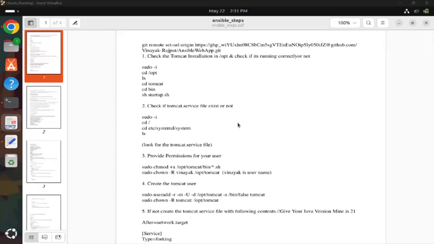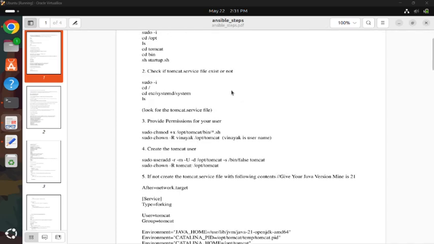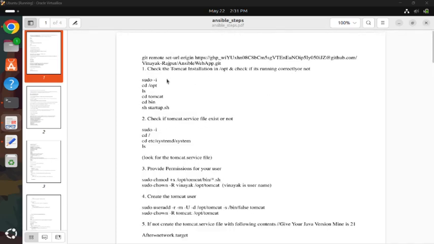Hello friends, today we are going to learn how to create a Maven web application and deploy it on the Tomcat web server using Ansible and Jenkins pipelining. So before creating a Maven web application, we need to check whether we have installed Tomcat or not in our